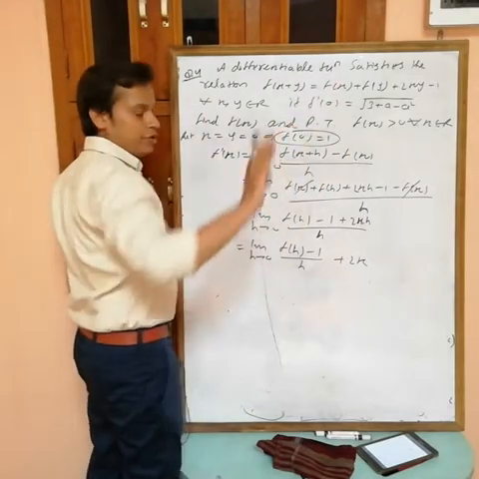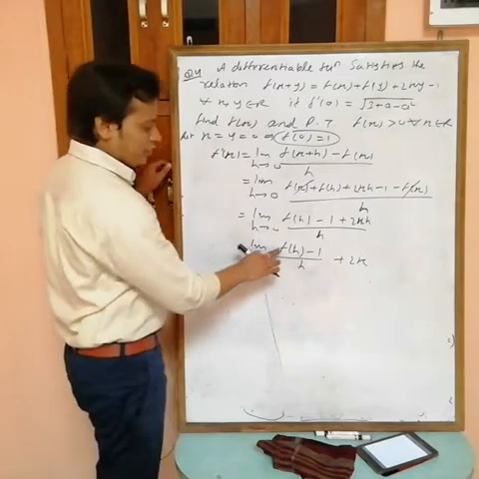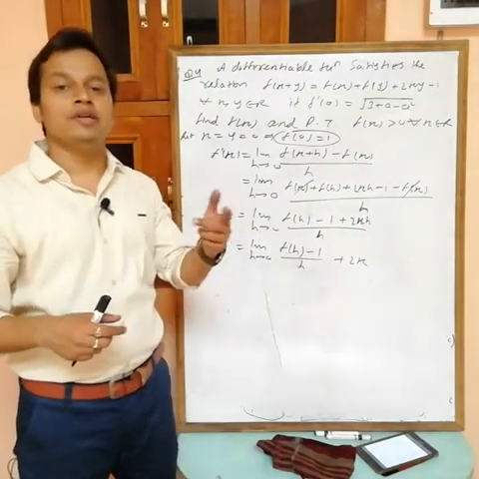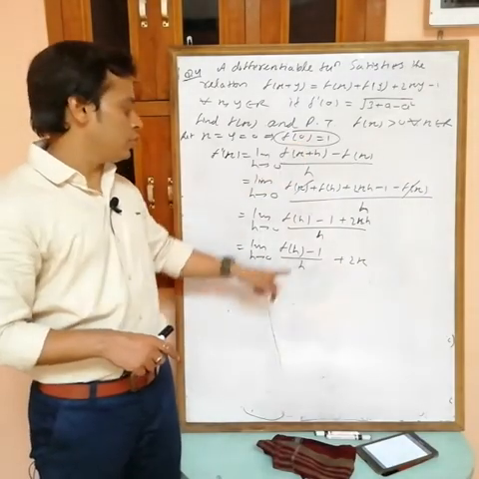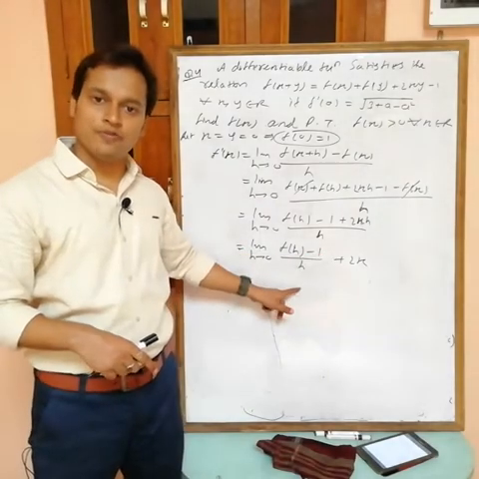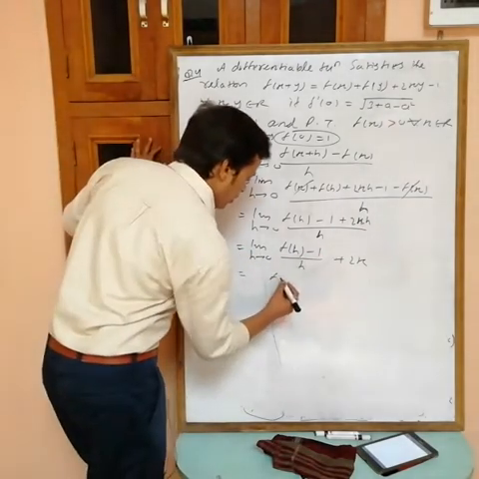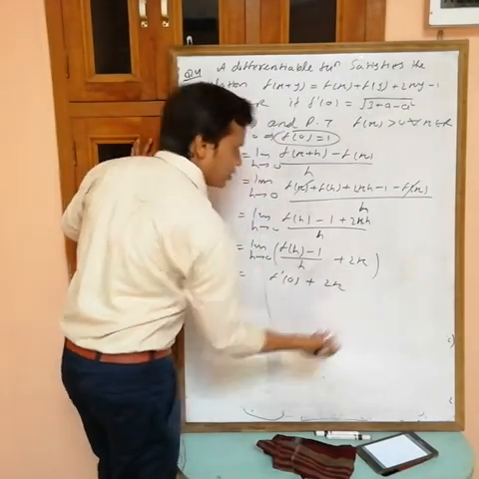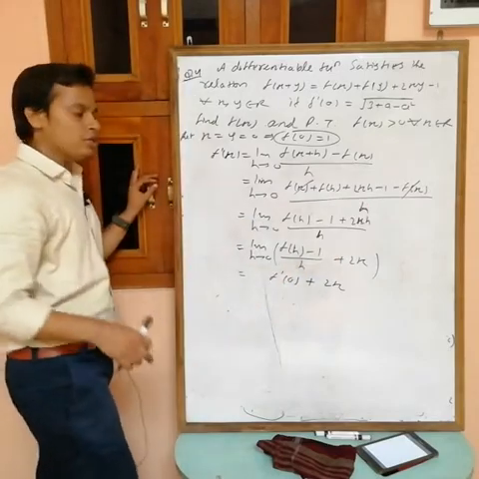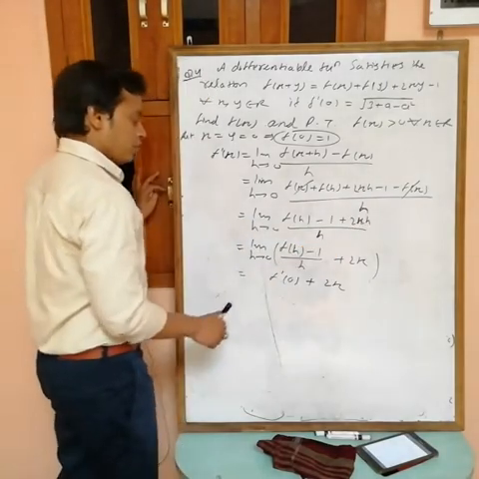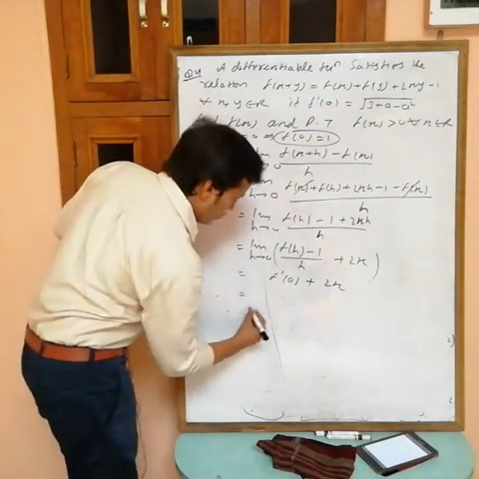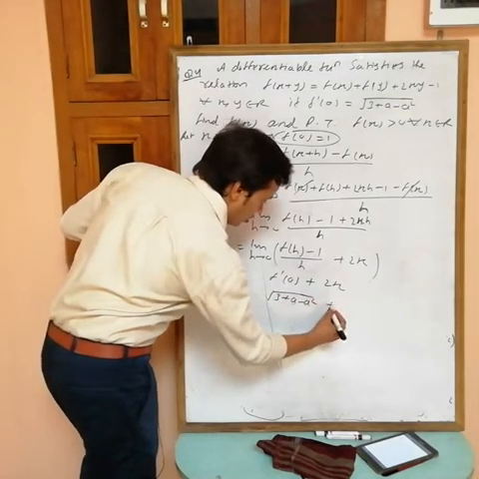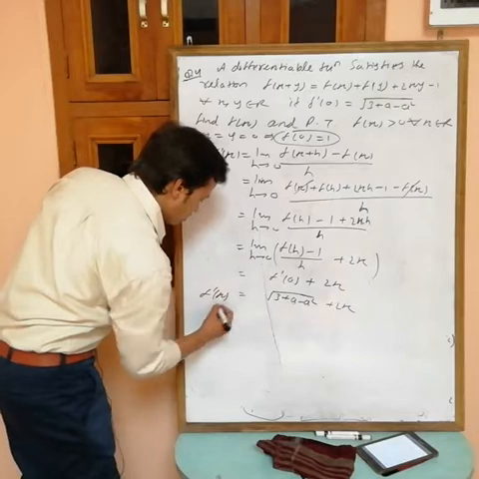Okay, so see, this is like f dash 0. F dash 0 is f(0 plus h) minus f(0) by h, and f(0) is 1. So this one is f dash 0. The limit of this one is f dash 0, and in 2x there is no h. Now h cancels out when we are dividing with h. The value of f dash 0 is 3 plus a minus a square, plus 2x. This is the value of f dash x.